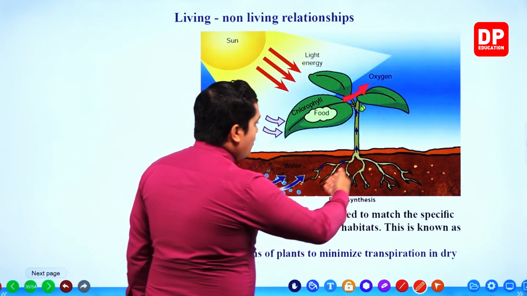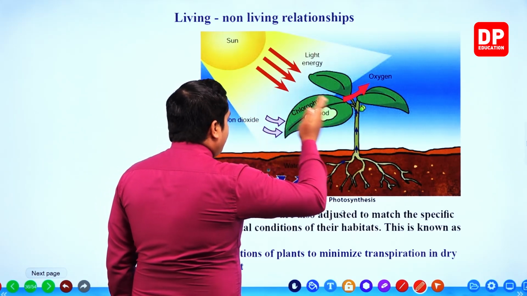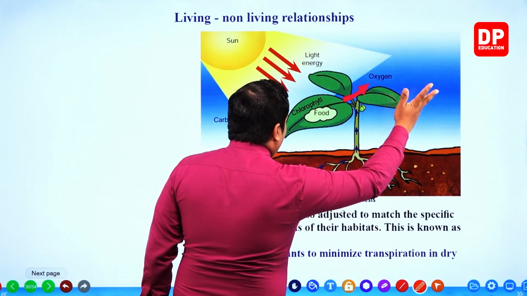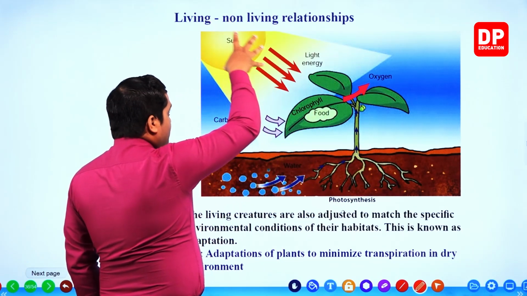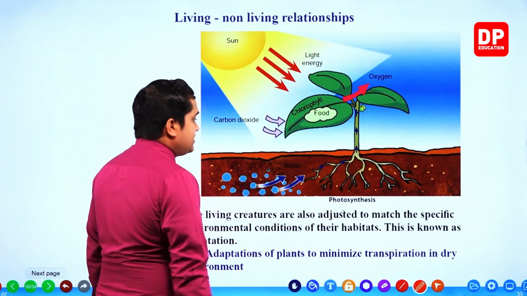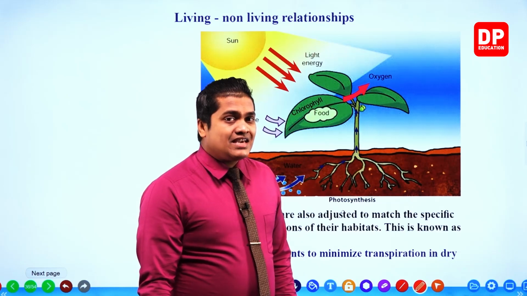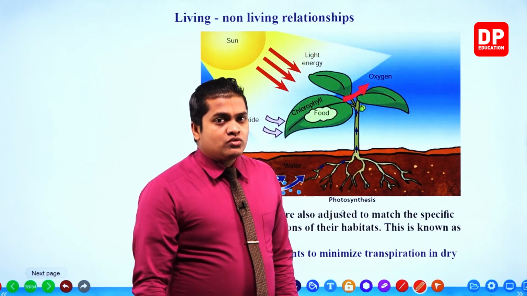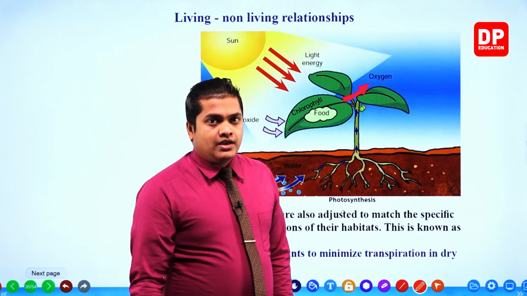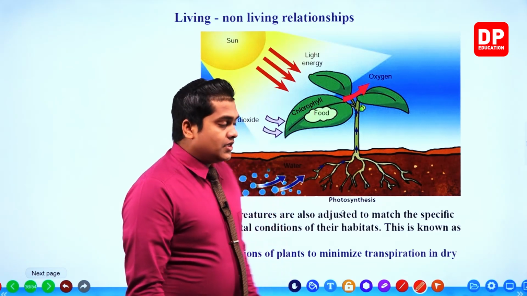So absorption of water by the roots, absorption of carbon dioxide by the leaves, removal of oxygen to the atmosphere by leaves, and absorption of sunlight or light energy by leaves for photosynthesis: all of these examples show living, non-living relationships. These are interactions of living, non-living relationships. Then,